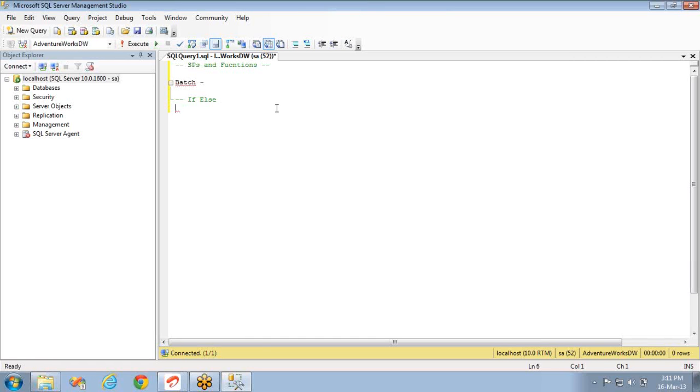The remaining types of extensions are the begin and end statement. This is one kind of extension, and we have while. We discussed it already, how to use a while loop, and we used this while loop while discussing cursors in the last session. And we have variables